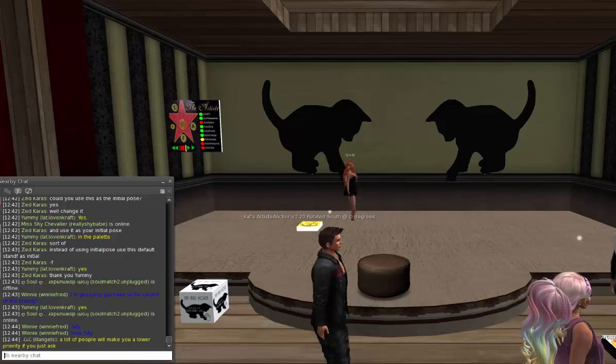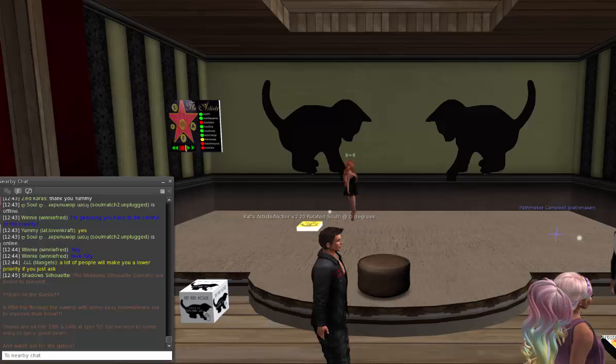Okay, so we're all standing here looking like dorks. So we are going to adjust our sit. Click on the palette to get the blue menu. Then in the upper right, there is a button that says page 2. Click that and you get page 2 of the menu. In the bottom middle column, you will see a button that says adjust. Click that and you'll get a third menu. In that same spot, middle bottom column, you'll see another button that says adjust. When you click it, you'll get this lovely little